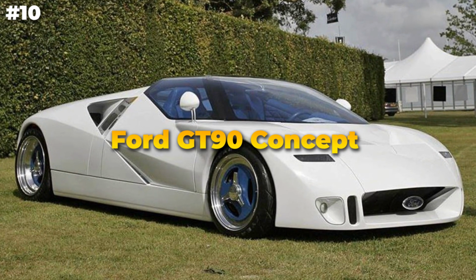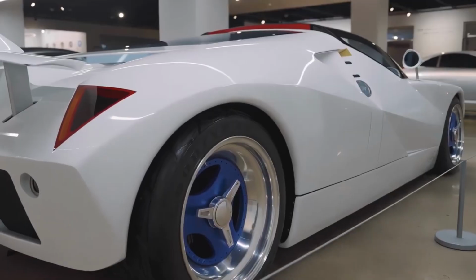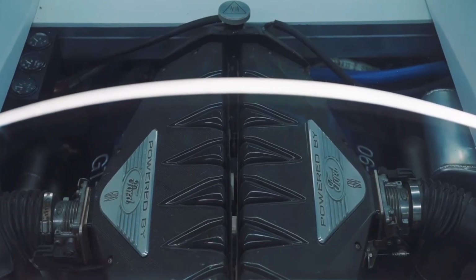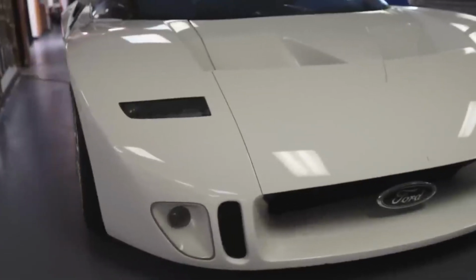Number 10. Ford GT90 concept. The Ford GT90 was Ford's radical vision for the future in the late 1990s. It took the legendary GT40 heritage and injected it with a concept car's wild imagination. Powered by a quad turbocharged 5.9-liter V12 producing 720 horsepower, the GT90 was a technological showcase featuring carbon fiber body